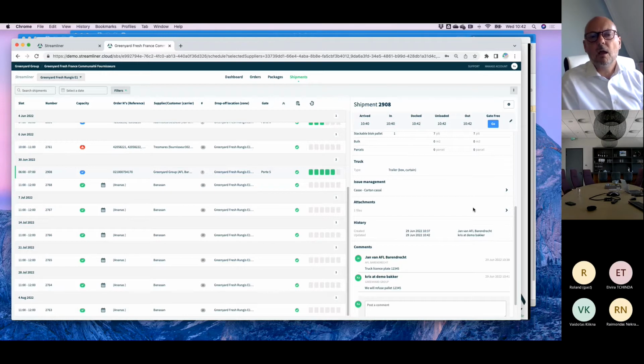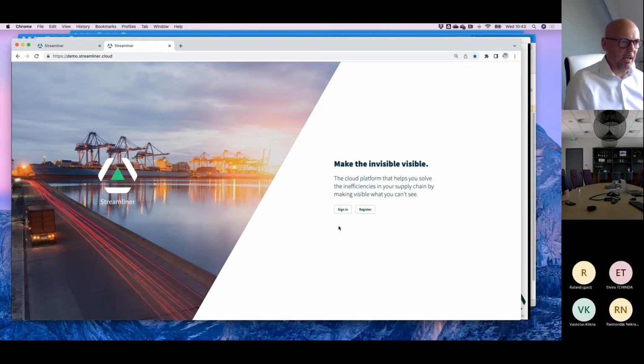So you can also see how long typically a truck takes to be unloaded at Greenyard France. So it is a slot booking tool, but as you see, it also digitalizes all the communication around booking a slot, any issue with the delivery, and you can track in real time what is also happening. Also, when your truck is already 2 hours waiting in front of the gate, that's also where you can use it. You can perfectly go into Streamliner and say, if I now log in again as the carrier,